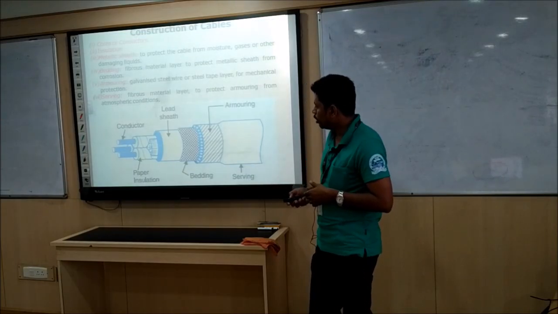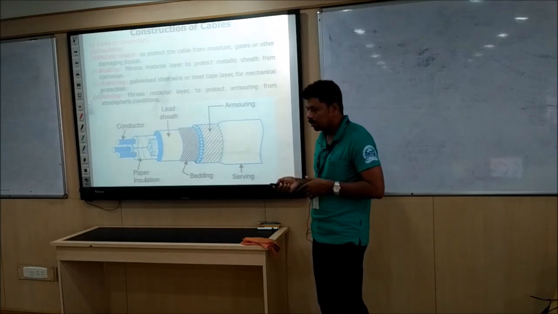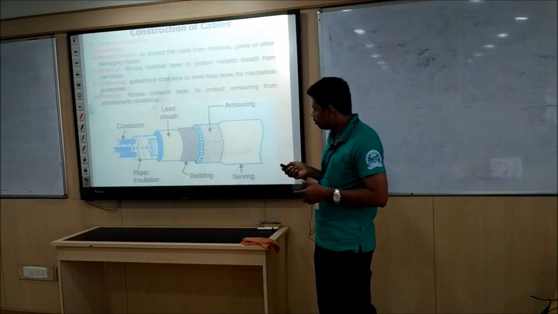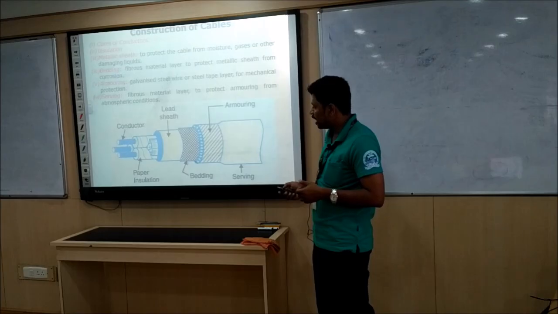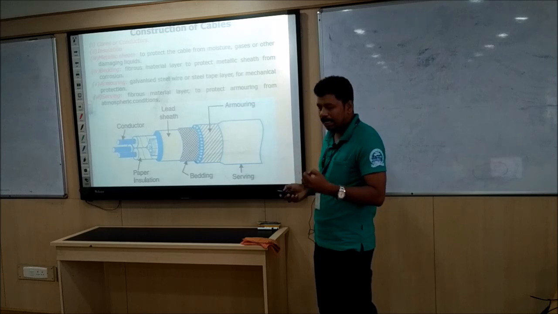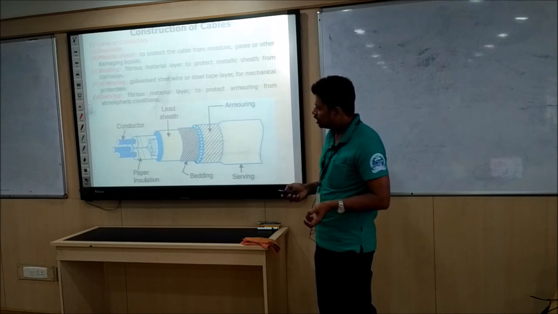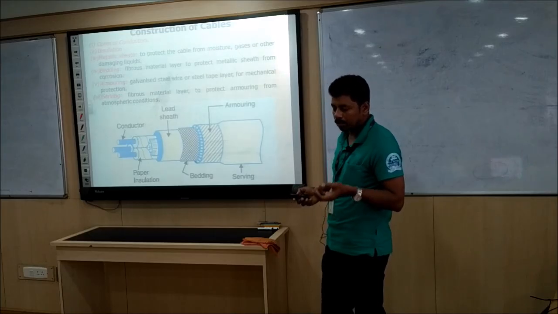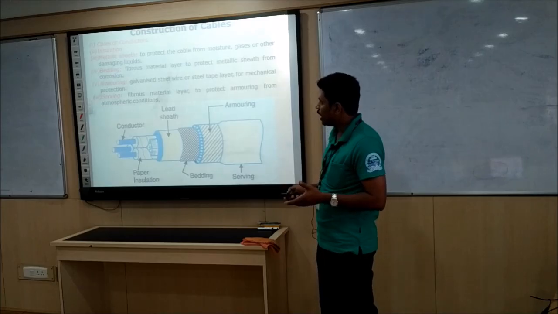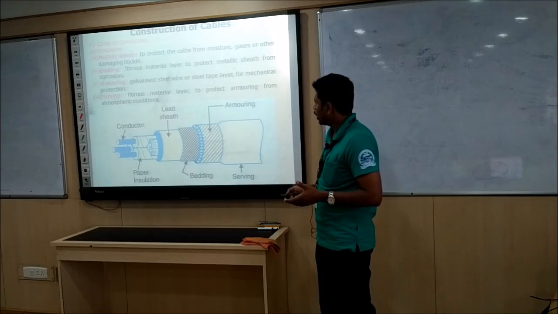Coming to the construction of the cable, you can see that there are three conductors, which may be copper or aluminum. They are surrounded with paper insulation. Then there is a lead sheath, and there is a bedding layer. The bedding layer is made up of cotton or cloth material to give a cushion effect, so that the armoring, which is a metallic tape, will not injure the lead sheath, or even the paper insulation, or sometimes the core itself. To avoid that, there is a bedding, and to cover the entire layer, we have a serving layer. Serving is made up of fibrous material